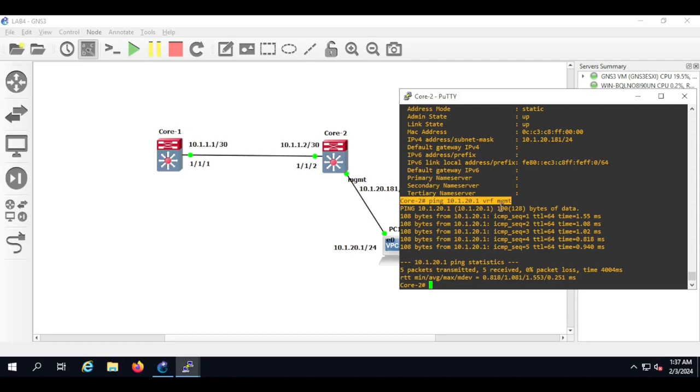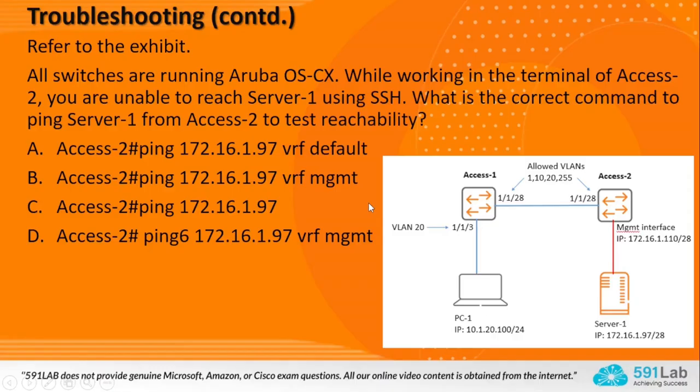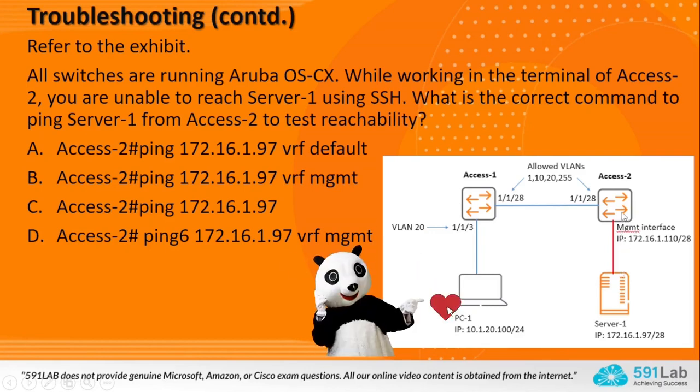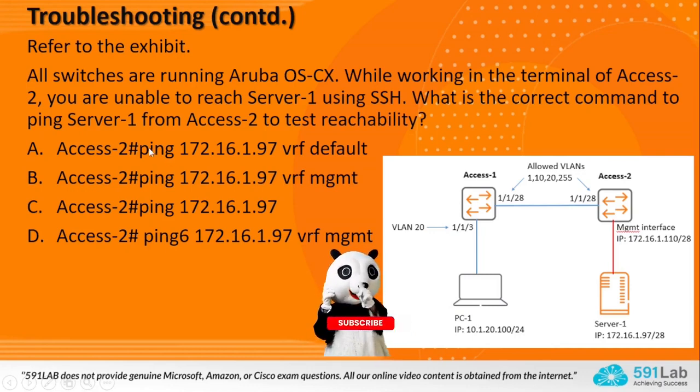So let's go back to the question and answers. What is the correct command to ping server 1 from access 2? The same similar situation. We don't want to bother about these other things. They are not actually relevant for this question. So we have to focus on this connection. So this is the management interface. So we have to use ping